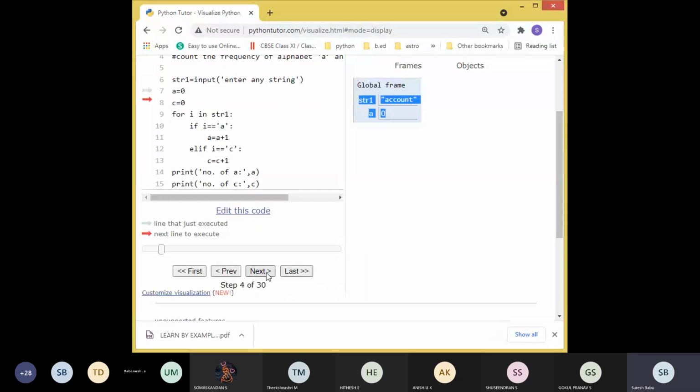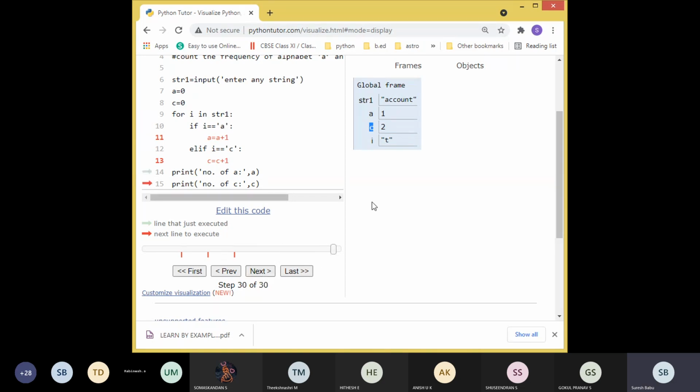Now we created new variables a equal to 0, c equal to 0 here. So now we are going to process the characters one by one. First it starts with a. The first character a exactly matches the first condition and it's going to increment the value of a. So see here, a value changed to 1. The next one, c, matches, so it incremented c here, and c also changed from 0 to 1. Again next c, and c is changed to 2. Like this it is going to process everything. Don't worry, it will count only a and c.